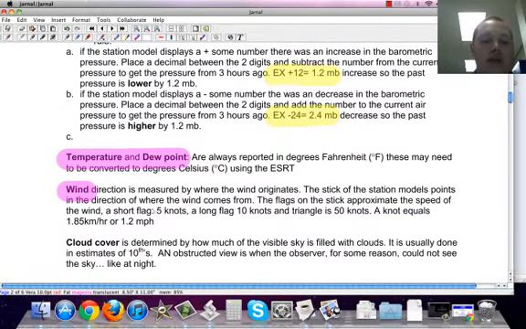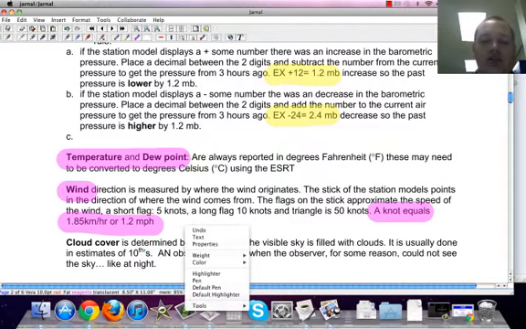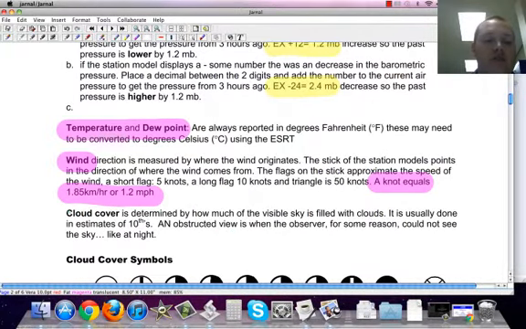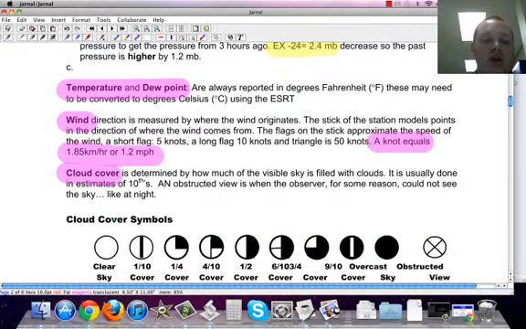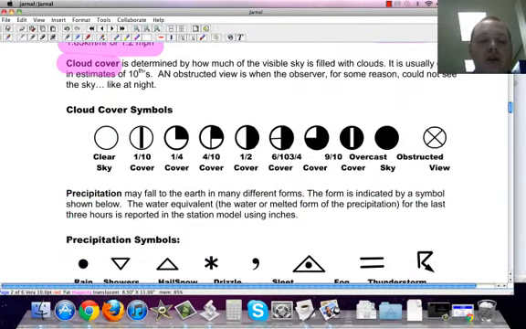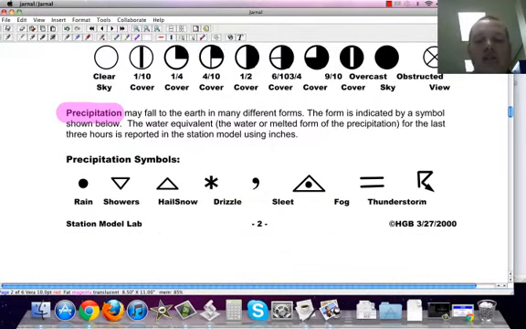Wind, and again, when asked to convert, when you're dealing with a knot equals 1.85 kilometers per hour or 1.2 miles per hour. So 1 knot is equivalent to those two conversion factors. Cloud cover, and you'll see down here in just a moment, these are all the different cloud cover symbols. Precipitation, the different types of precipitation that can fall are listed with these, and there are more of these specific